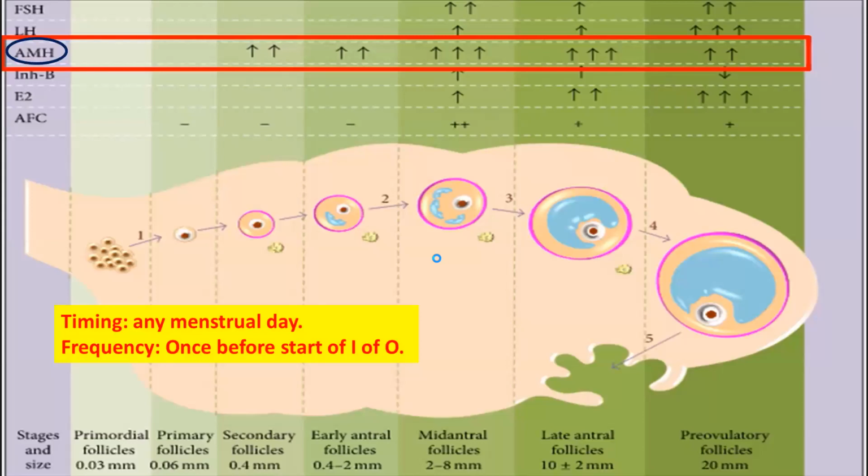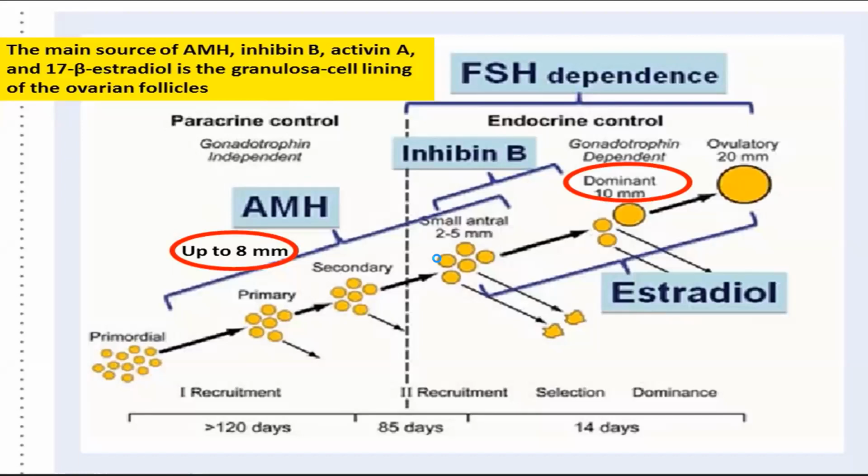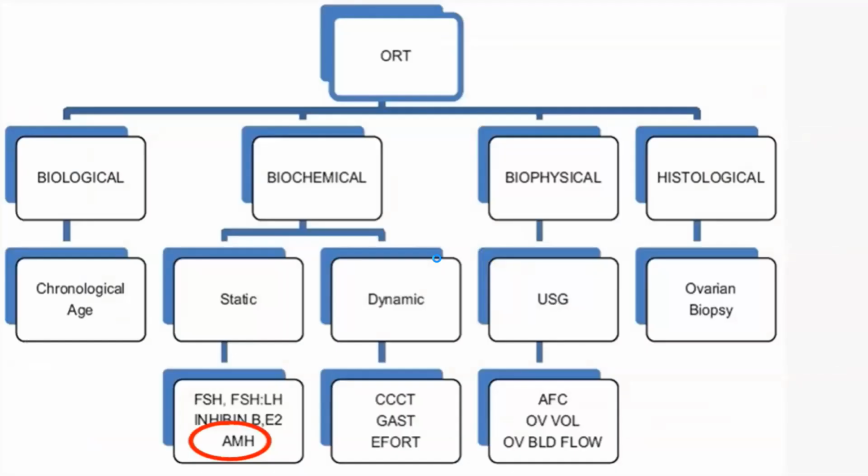We start with AMH. Of course, it is one of the best biochemical tests of the ovarian reserve. It is not affected by the phase of the menstruation, so it can be requested at any time. And actually, it is requested once. Don't request it too much for your patient, to save her money, and it does not add too much for her. But as we know, it is just one of the tests of ovarian reserve, as it is one of the biochemical category which includes other hormones like FSH, FSH-LH ratio, and inhibin B.